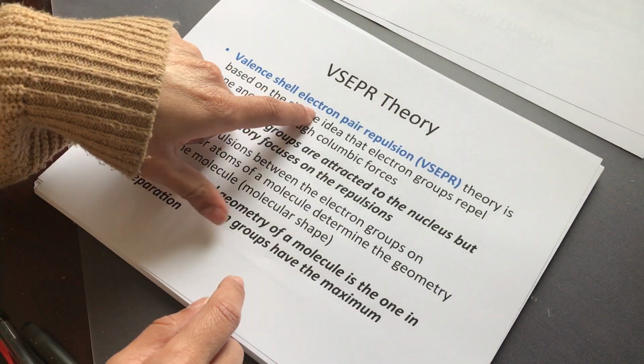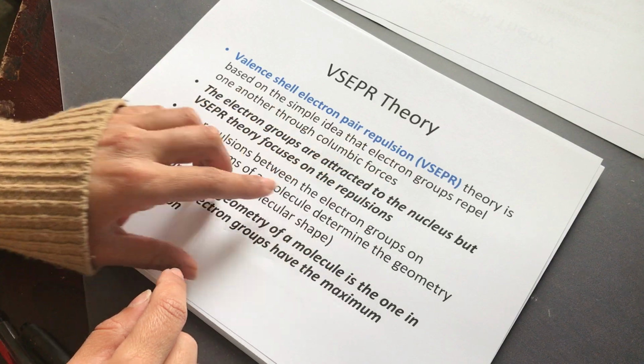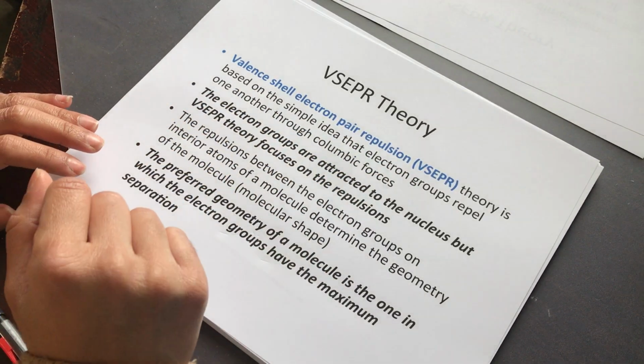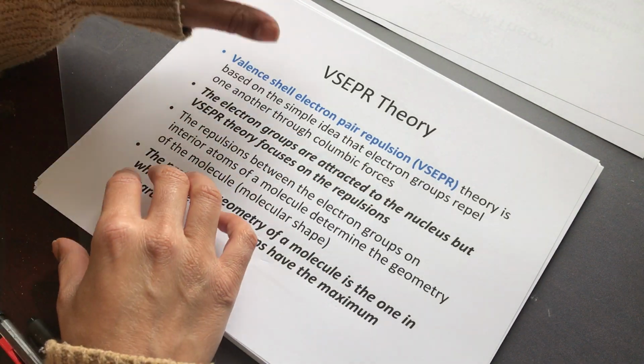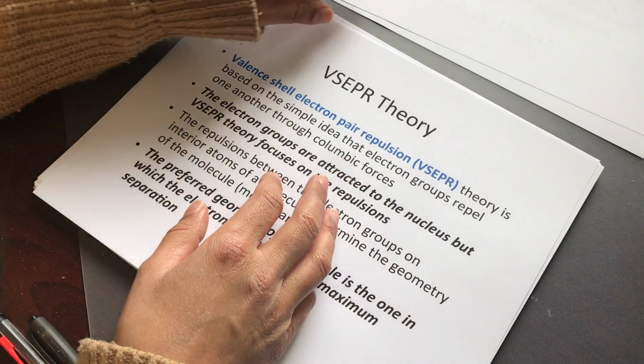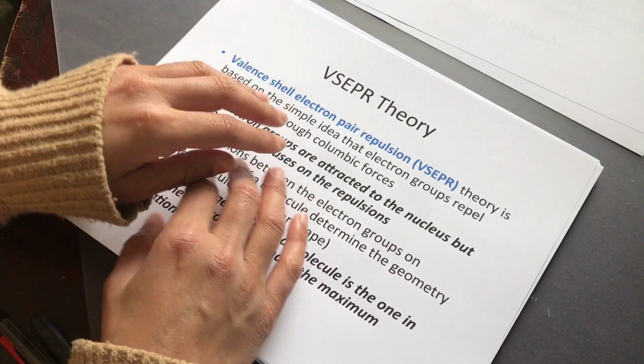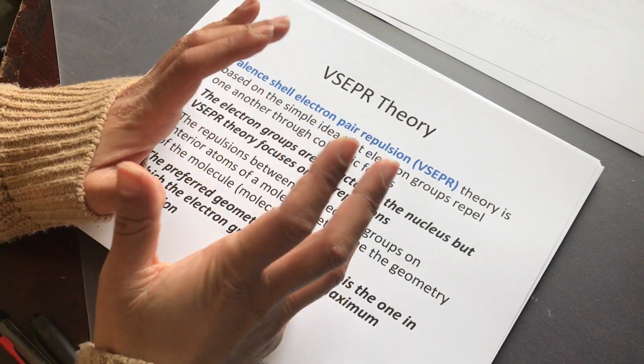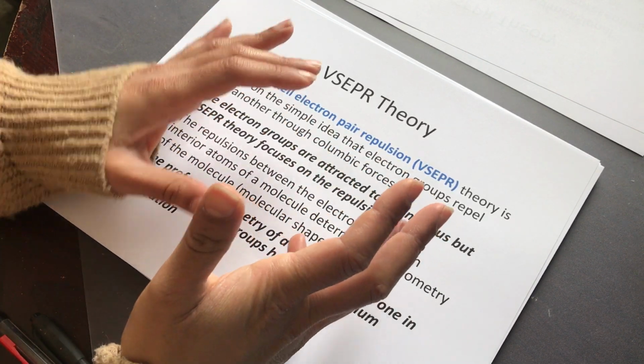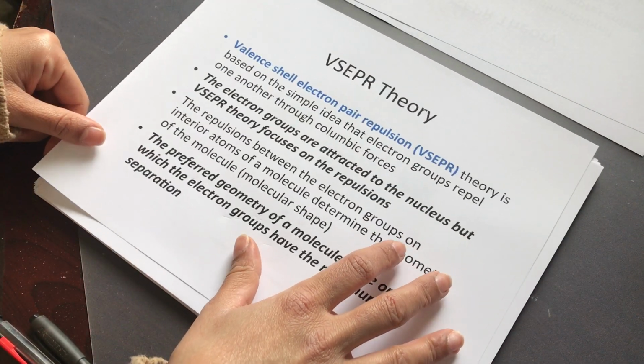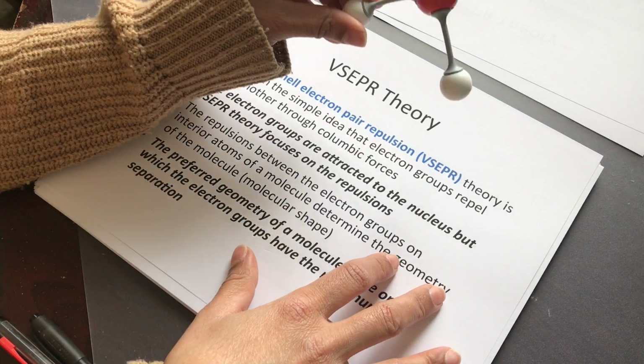So valence shell electron pair repulsion theory, in short VSEPR theory, is based on the simple idea that electron groups repel each other through Coulombic forces. In chapter 8, we talked about how there's attractions and repulsions going on. So we have to think, okay, well, in this bond here,